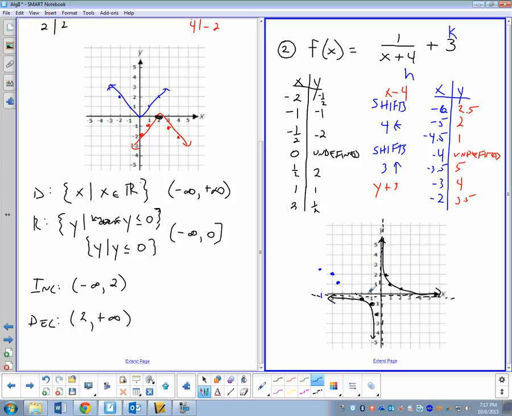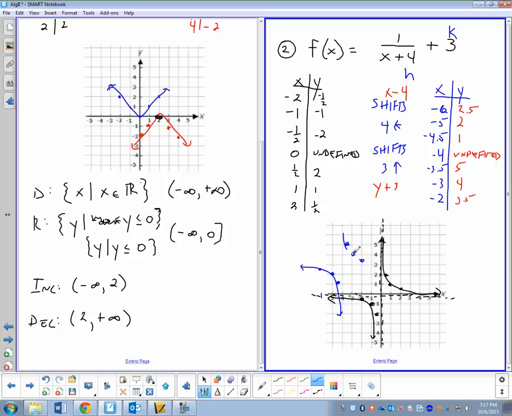Negative 3.5 would be halfway between negative 3 and negative 4, and then 5 means I would go 5 up. Negative 3, 4 is 3 to the left, 4 up. And negative 2, 3.5 would be 2 to the left and then halfway up between 3 and 4. So my graph's going to look like this